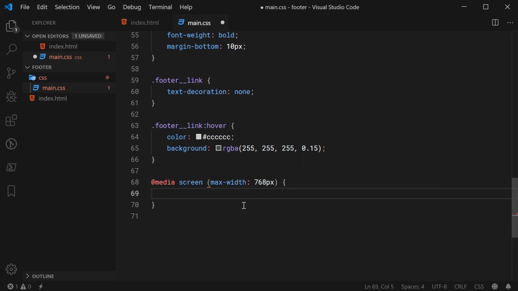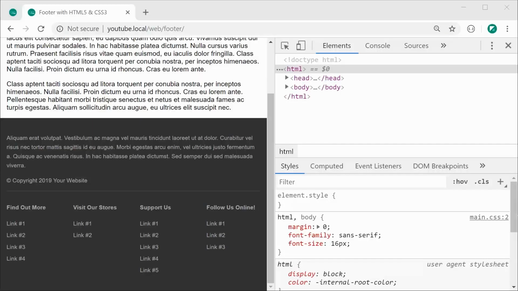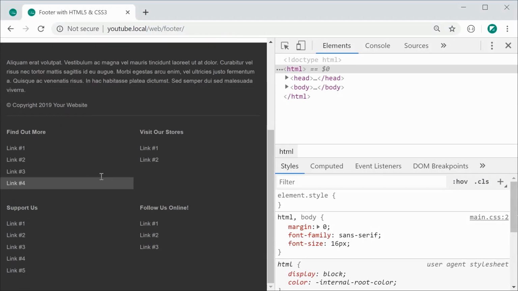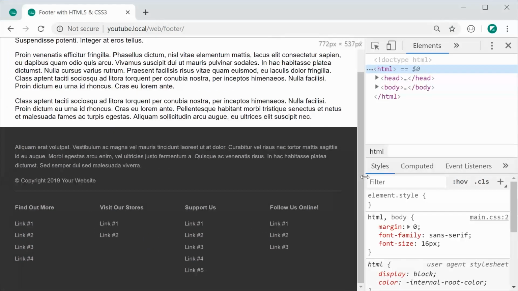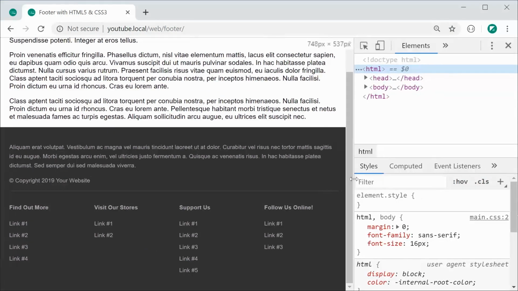Okay, so 768 pixels or less with an and in the middle right there, sorry. We're going to say footer section, we're going to simply change the width of the sections to be something like width and then 50%. So 2x2 works nicely just like that. I'm going to save this and refresh, and we can see now we get a 2x2 layout. If I was to expand greater than 768 pixels like this, we can see it goes back to the 4-column